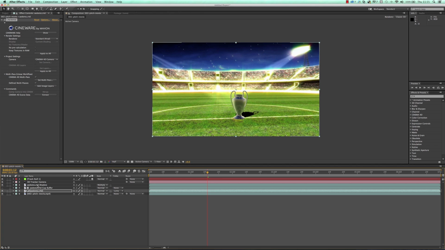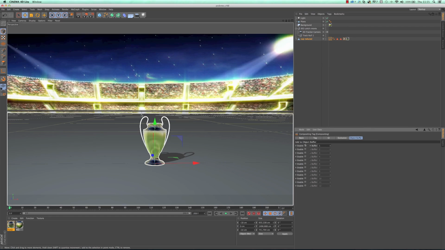The other thing that we have as well is the shadow layer, and we can adjust shadows as well, which I'm going to show you in just a bit, but I want to go back to Cinema 4D and show you some other stuff first, and then we're going to work with these layers in a minute. But I just want to show you that's how quick, when you know what you're doing, you can get a shadow that appears as though it's on the original movie, which is really cool. So let's go back to Cinema 4D and have a look at some of the other things that we can do.